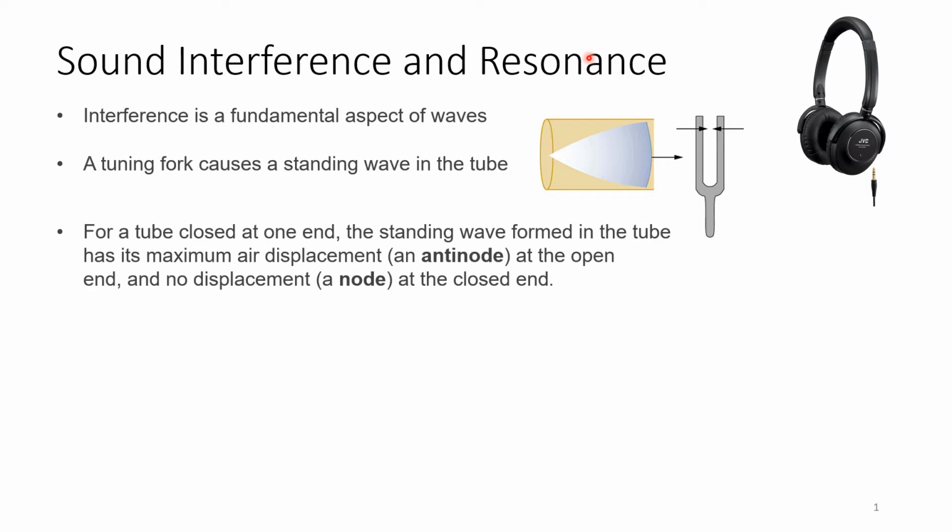For a tube closed at one end, since the motion is constrained at the closed end, no air displacement is observed at the closed end, and a maximum air displacement is observed at the open end. The maximum air displacement is called an antinode in the standing wave, and no displacement is called a node in the standing wave. The distance from a node to an antinode is 1/4 of a wavelength,